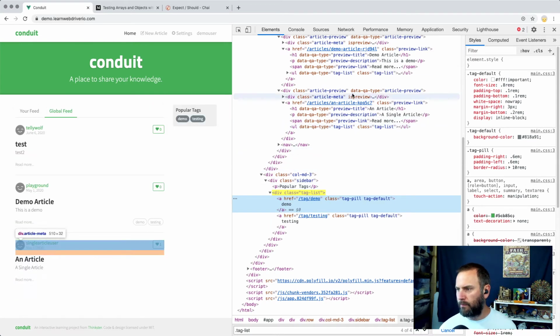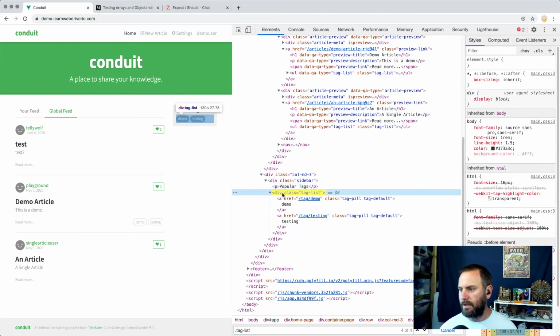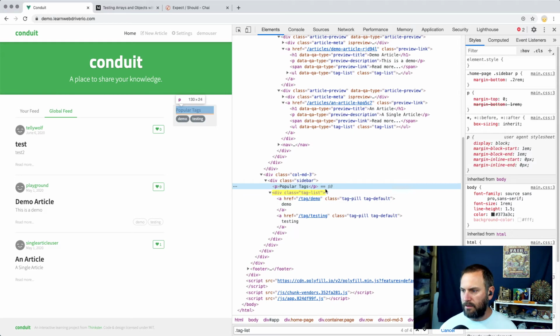When I was working on these examples, I had added these custom attributes, and here I don't have any custom attributes. So what I need to do is